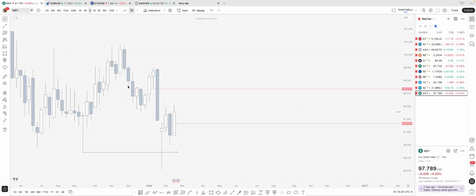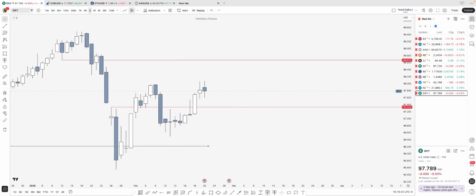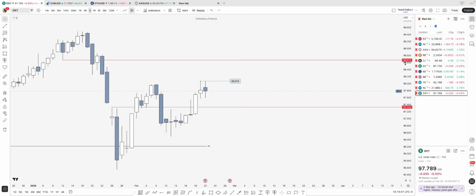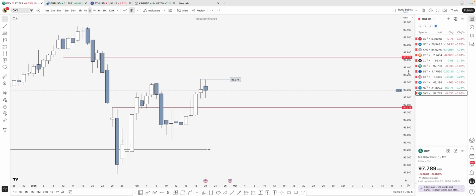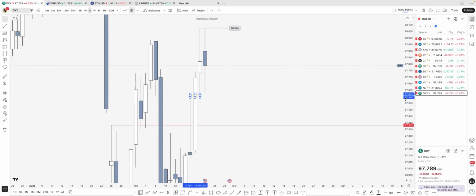If we go down to the daily time frame, we have a framework to work with to see higher prices. We have this high, the external range liquidity, which has not been tagged, on the 98.074 level, and the final target will be at the 98.672 for higher prices. Moving on, we have a daily fair value gap here, where we could see some retracement.